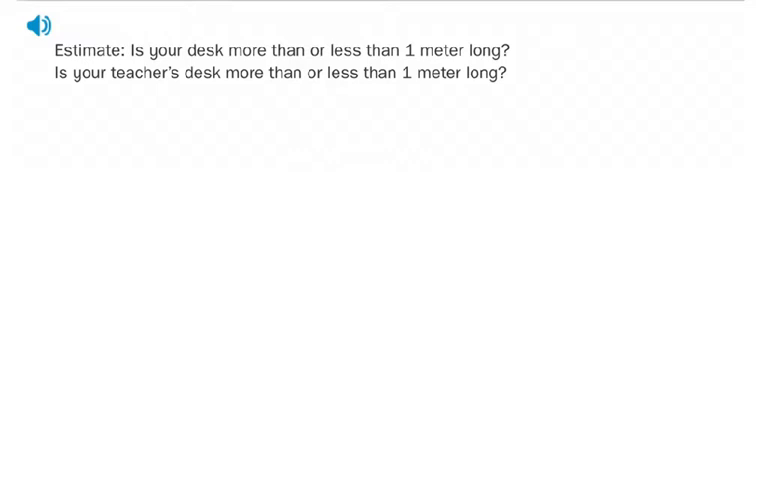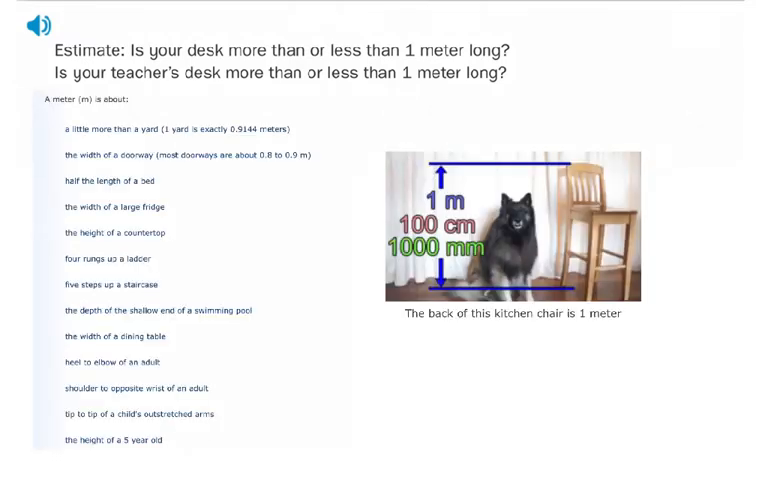Here's some visuals to help you think about how long a meter is. If you look at the back of this kitchen chair, it's like a high bar stool. So higher than a typical chair would be at a dining room table or a kitchen table. You can see the size of it in relation to that large dog. But here's another way to think about it. A meter is about the width of a doorway, or the width of a large fridge, or the height of your countertop,